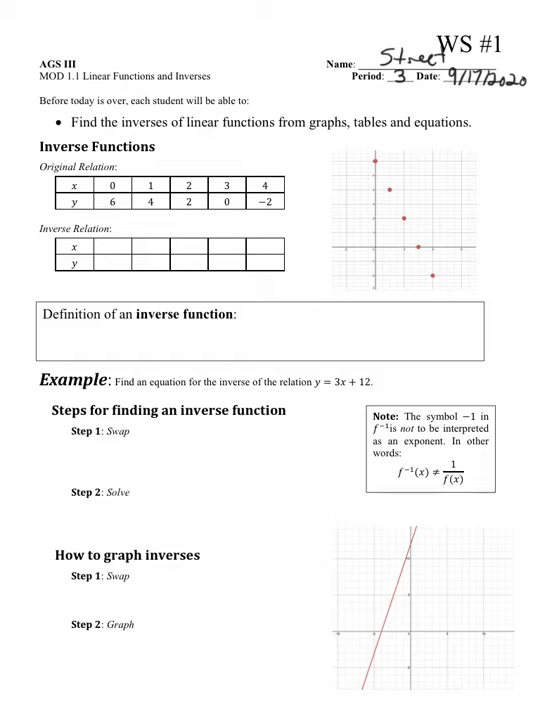Whenever we're doing an original relation, we have input values, which are the x values, and output values, which are the y values. For any type of inverse function or inverse relation, all you really need to do is swap the input and output values. So the definition of inverse function: we can say interchange input